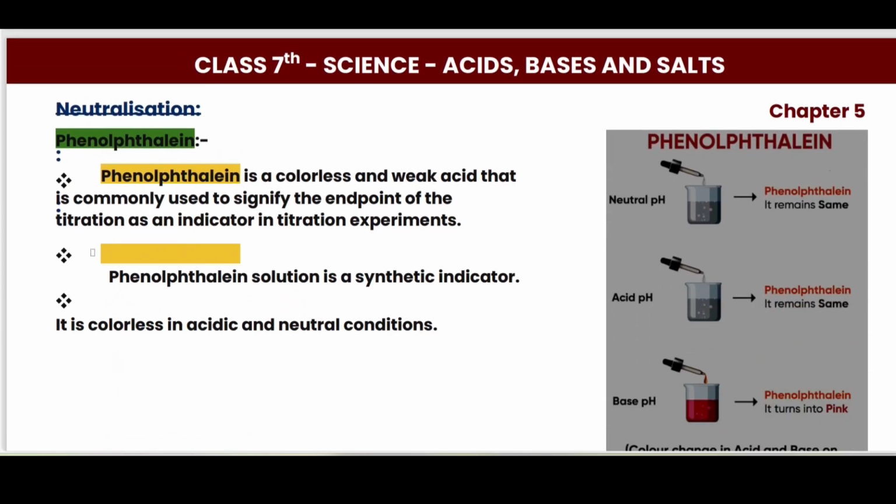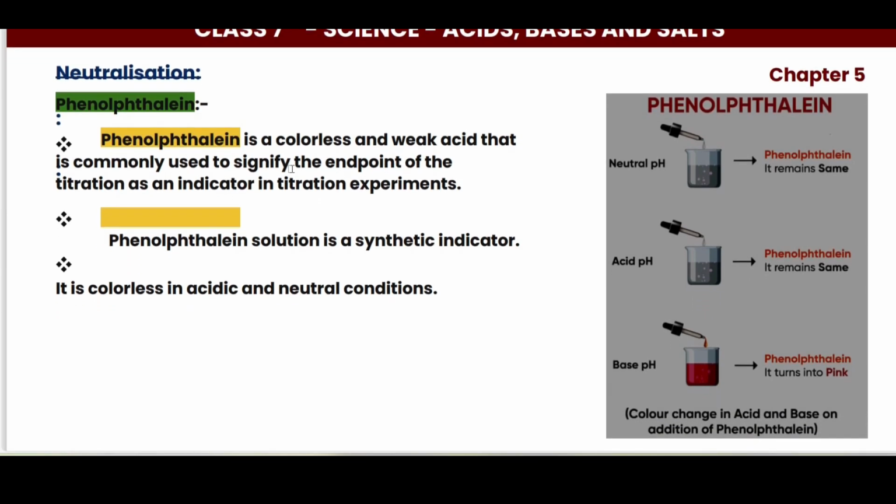Now here we have phenolphthalein. Phenolphthalein is a colorless and weak acid that is commonly used to signify the end point of titration as an indicator in titration experiment. Students, you can use phenolphthalein. फिनोफ्थलीन होता क्या है? एक कलरलेस सब्सटेंस होता है, कलरलेस सॉल्यूशन होता है, and a weak acid, right, जो इंडिकेटर्स में काम करता है. For example in this picture you can see